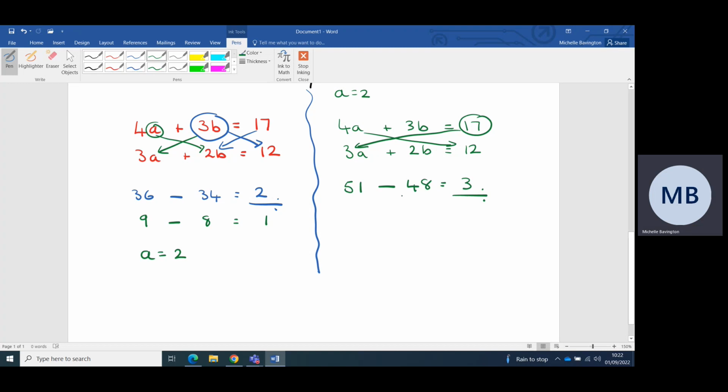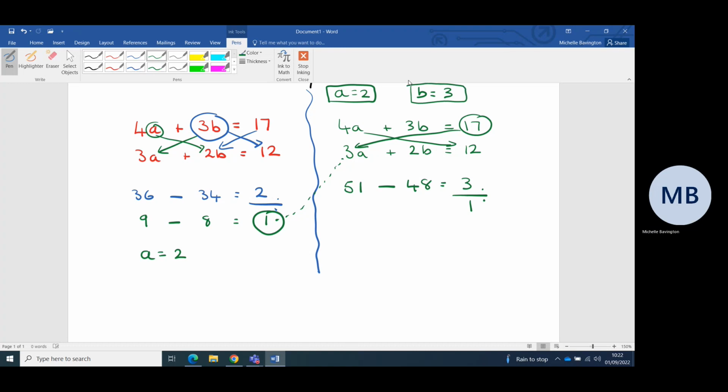Divide. What do I get my denominator from? I know. Use the same one. Okay, so that's 1. So 3 divided by 1 is 3. So b equals 3 divided by 1 equals 3. And my answers. So hopefully you've got the same answer as me, and hopefully it will start making a little bit of